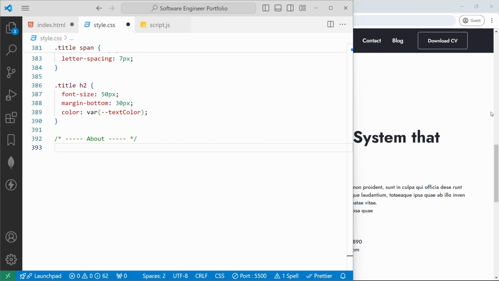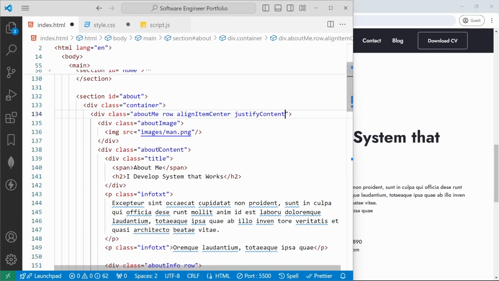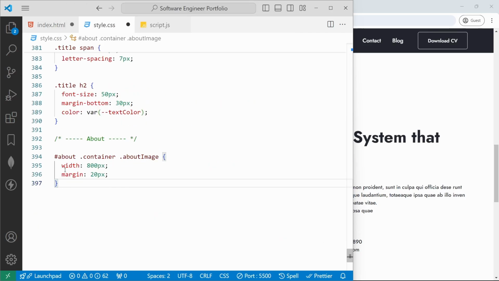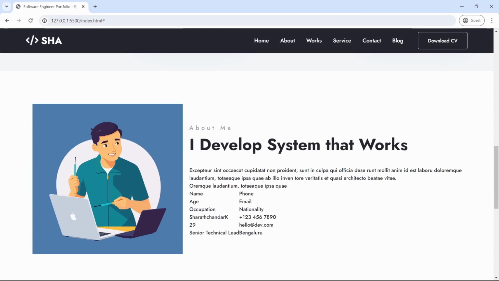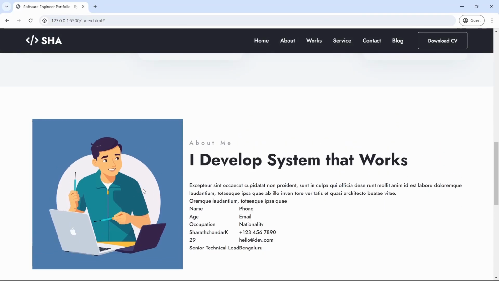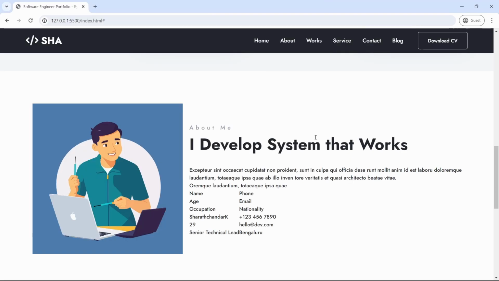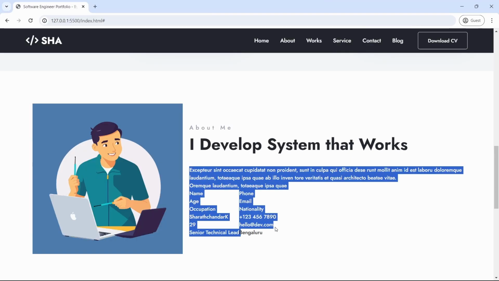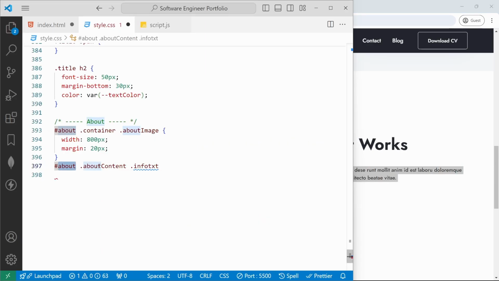Now I need to add the styles to the about image. So I will use this about image class. I will set the width of 800px and then margin to 20px. If I save and go to the browser, here we can see the about image fits the screen. And then next thing I need to add the styles with the help of ID about content